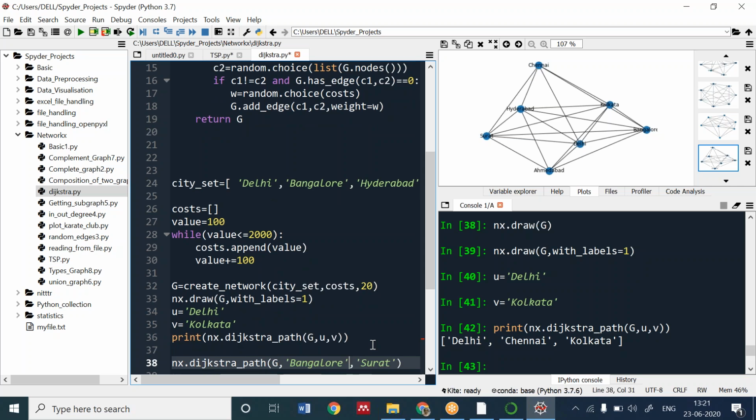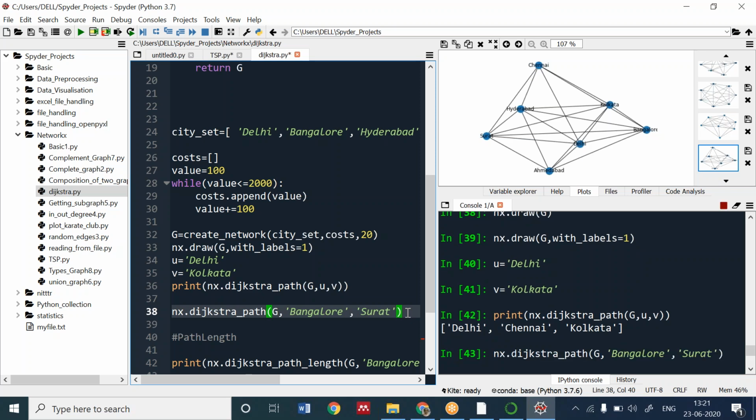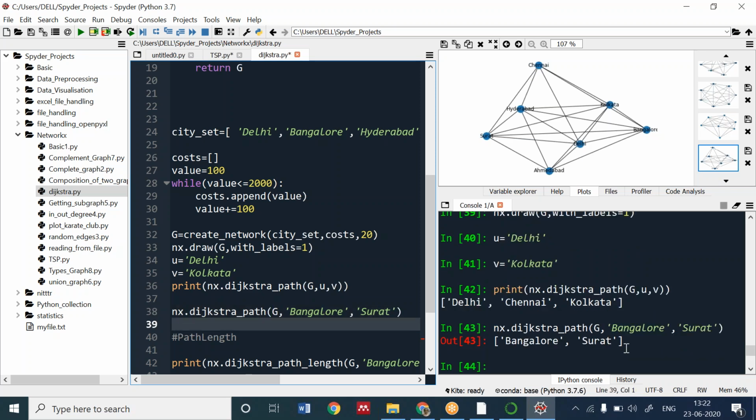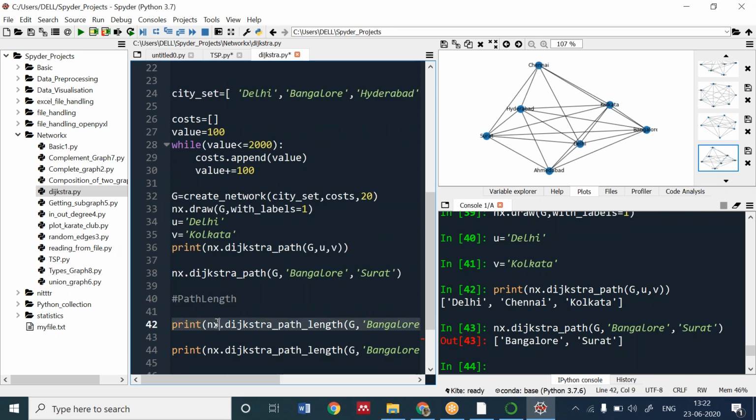If I don't want to assign the value and want to pass it directly, I can do that also. Surat to Bangalore is a direct route. If I want the path length, there is a function called Dijkstra path length. I want to run the